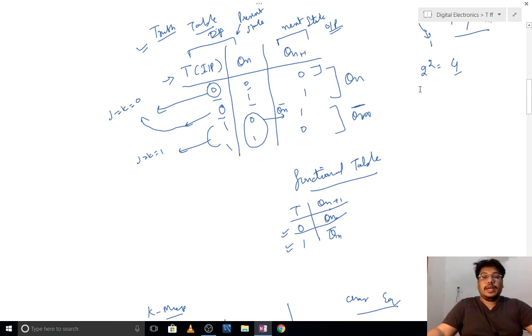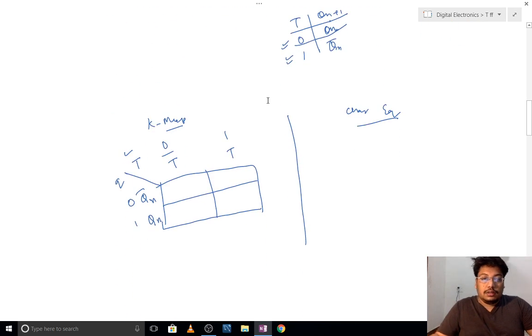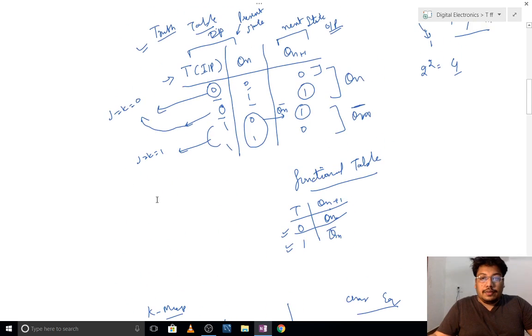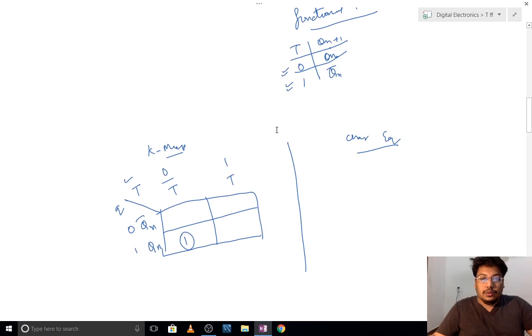So now to create a K-map, we have to take the 1s from the truth table, and for creating a 1 as an output, what inputs we have? For T equal to 0 and Qn equal to 1. And for the second one, it seems an XOR operation. If you know, we will prove this. Let's see. For this one, this we have done, and this 1 is for T and for Qn it is 0.